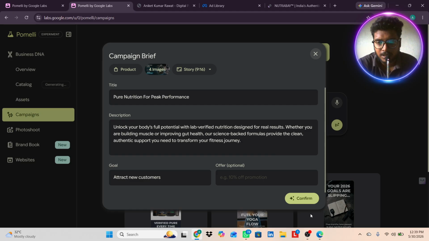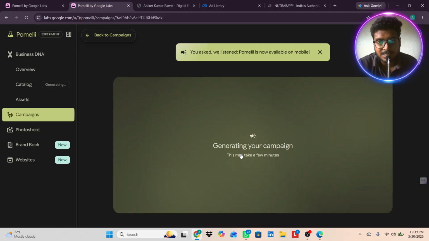The suggestion: you asked me, and Pomelli is now available on mobile phone. See, it is also telling that you can use it on a mobile phone only if you have a Pro plan or you have recharged your phone with Jio. Okay,